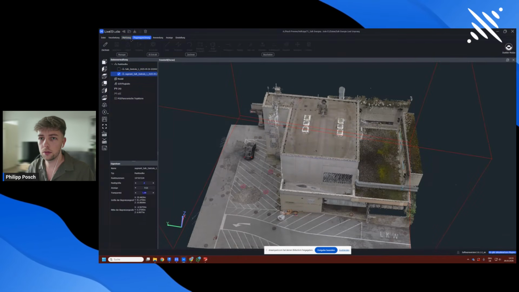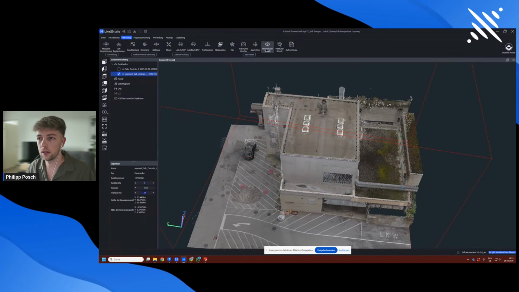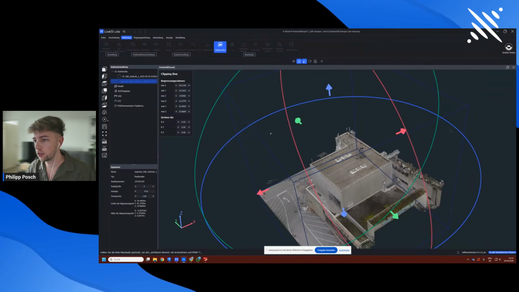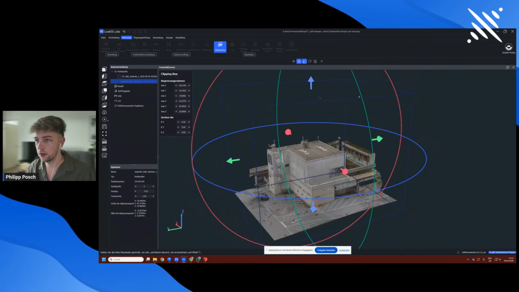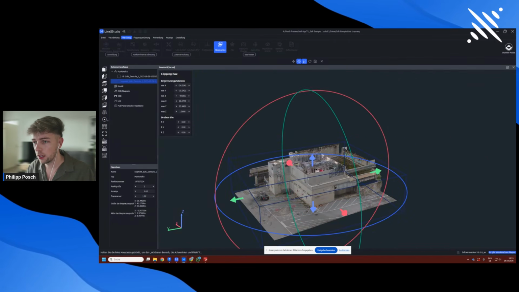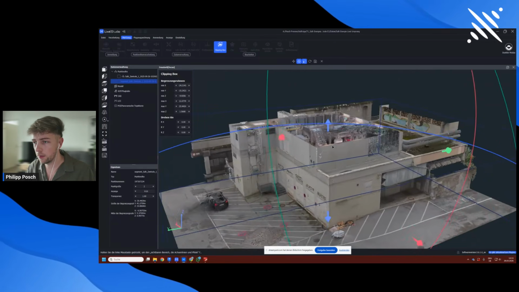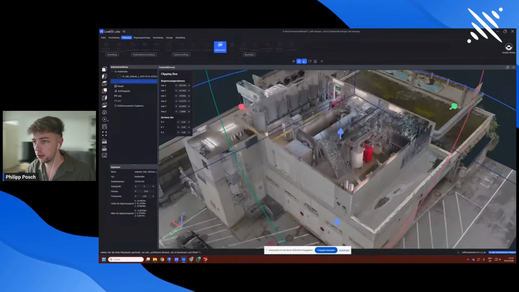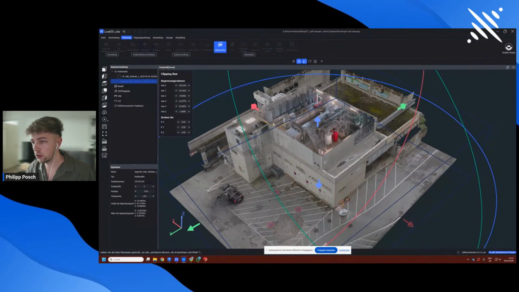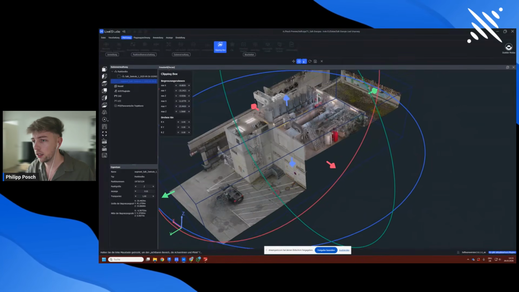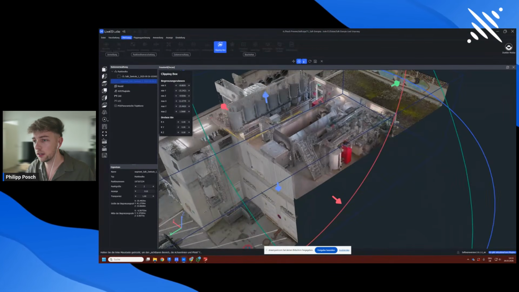And when you pick up, for example, the clip box, just for the showcase, here you can make some clip boxes, and here you can see, for example, how the point cloud looks inside. And even if you don't draw any 3D BIM model, it is still good because you can take measurements here